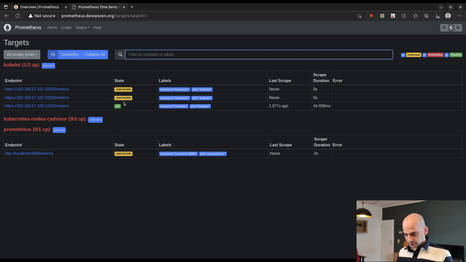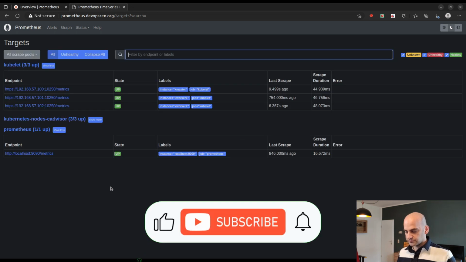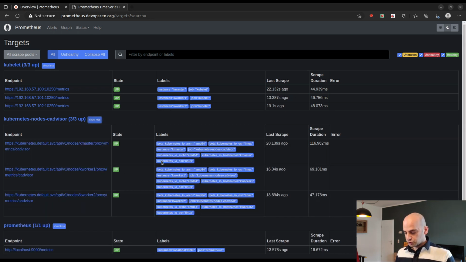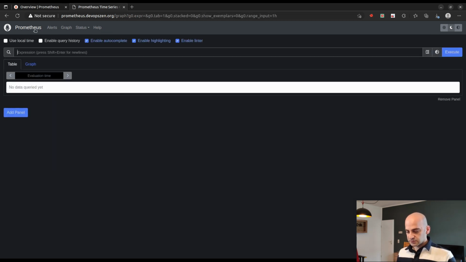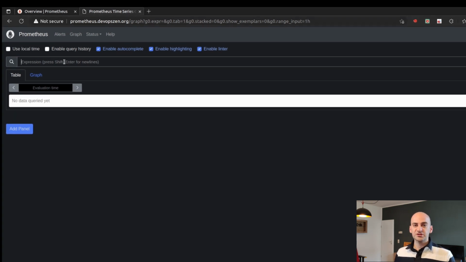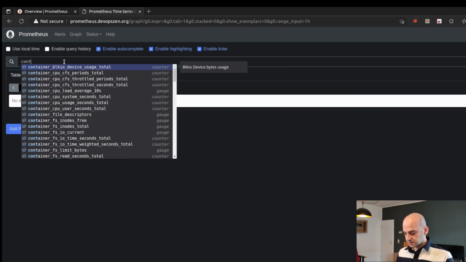Yeah, one of them is up. Hopefully the rest of them should be up as well. Yeah, perfect. So basically, we just managed to add the kubelet job and cAdvisor job here to pull some metrics. Let's see what those metrics are here. So for example, I should have metrics related to containers. Let's name container. As you can see, yeah,